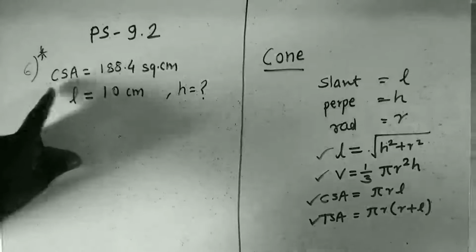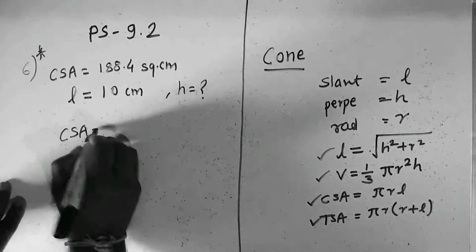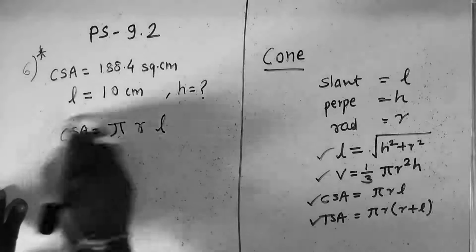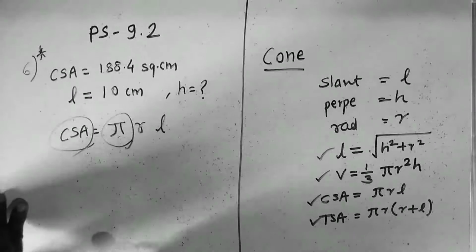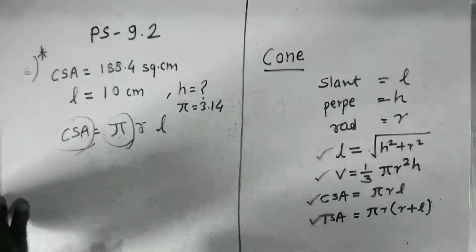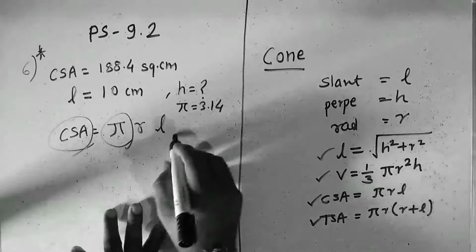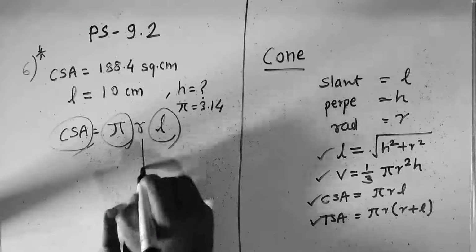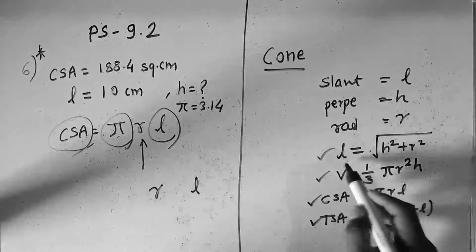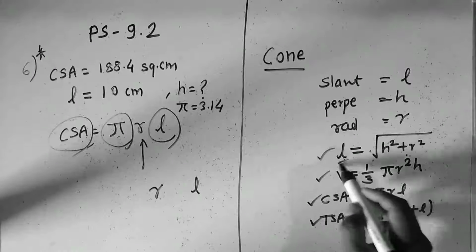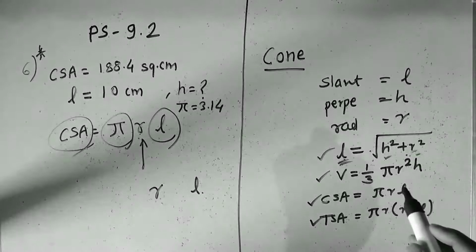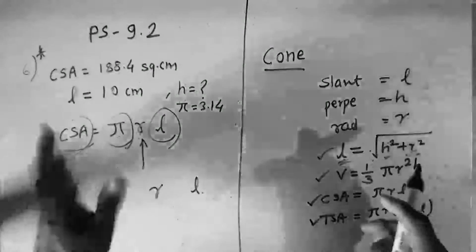Now students, as we know, the curved surface area formula has pi r L. I have the curved surface area. I have the value of pi, which is given by them as 3.14. And I have L. So by using this I will get R. Now I have R, I have L, so I will use this formula. By using this formula I will put the L value, and since I will get the R value from this, I will put the R value here and get the H value. Did you understand the concept, the procedure to solve this example?